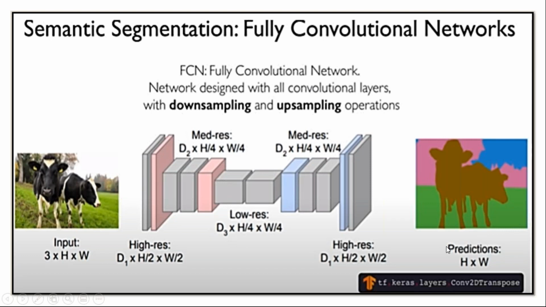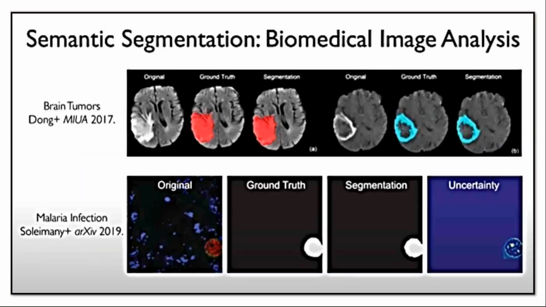Here you can apply downsampling and upsampling operations. These operations come under image processing. So CNN is not only a network, it is mixed with image processing. That is the main reason CNN is applied for computer vision tasks, which basically need image processing operations. You can also apply it in biomedical image analysis. You can easily detect brain tumors, at what portion it is affected, and malarial infection, using CNN networks.